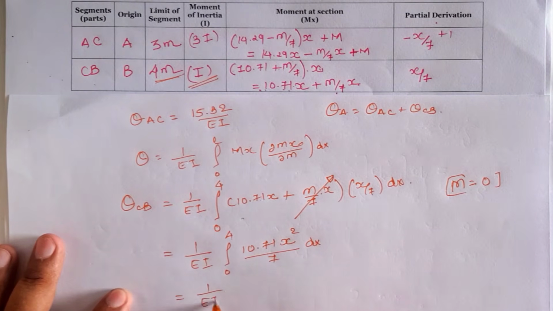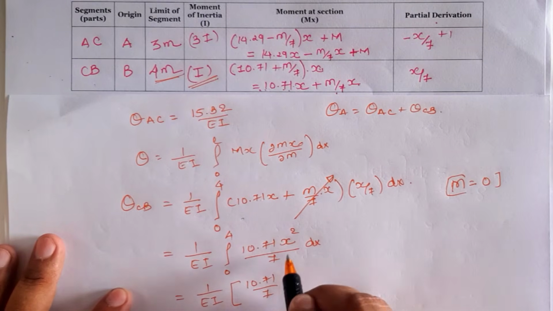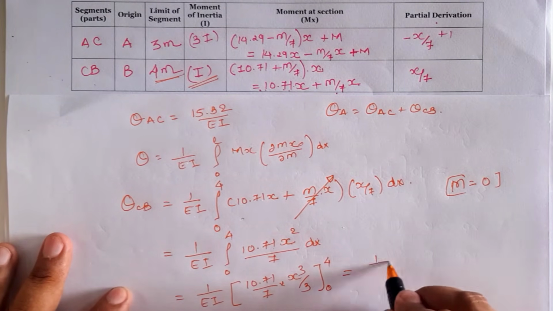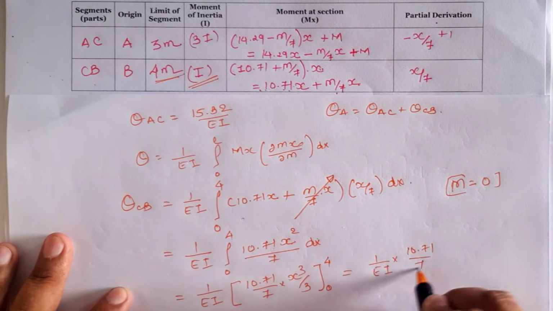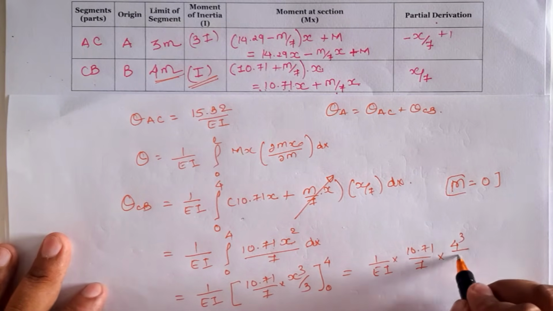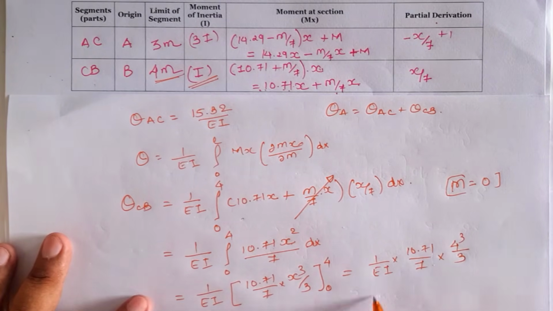Now 1 by EI is constant, 10.71 by 7 is also constant, and the integration of x square dx is x cube by 3, with limit 0 to 4. Closing this limit, we have 1 by EI, 10.71 by 7 as a constant, x cube by 3 as 4 cube by 3, and the value for theta CB is